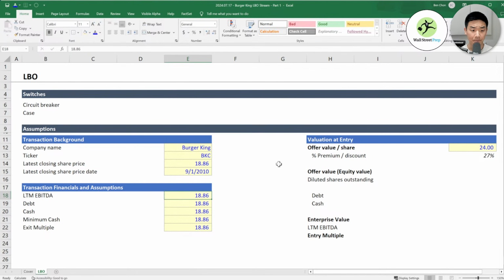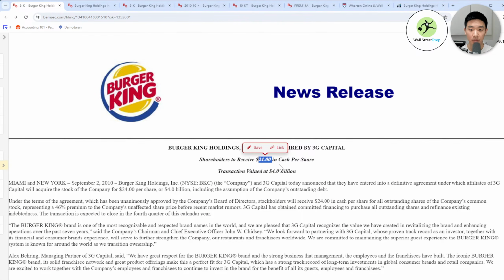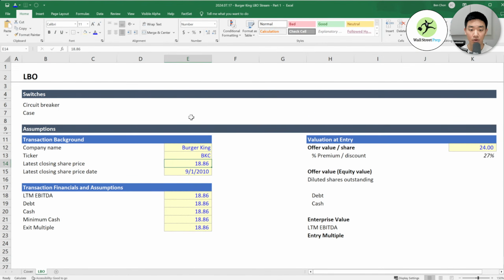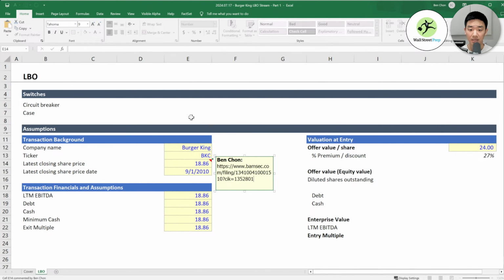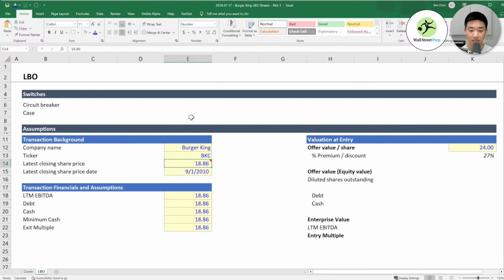Should be fine. Okay. Also, another thing that I'm going to do throughout as I build this model is add comments, which I normally don't do. But what's really good practice when you're building out models, when you're in banking in particular, or in any model that you build in any finance industry, is adding comments so that people know where you found your information. So if you press Shift F2, you can add a comment. And then I'm going to add here that you can find it at this link. That way, if someone ever has this model, they can see where you got your information.